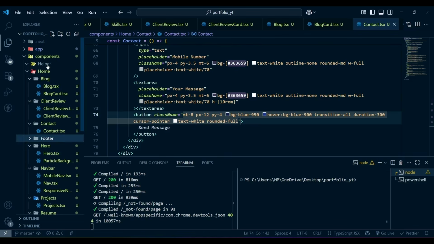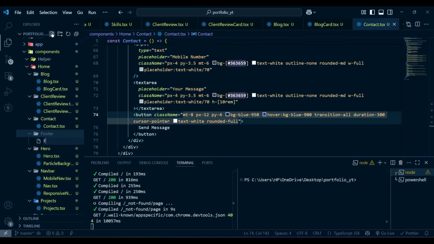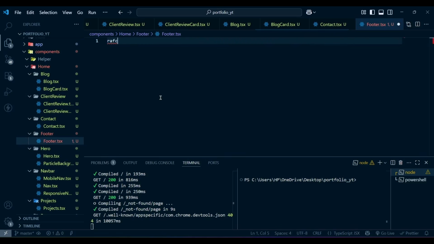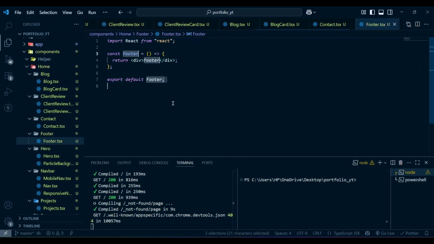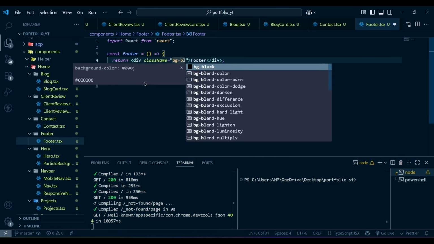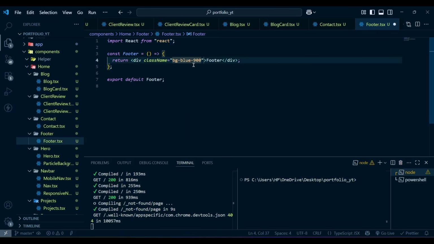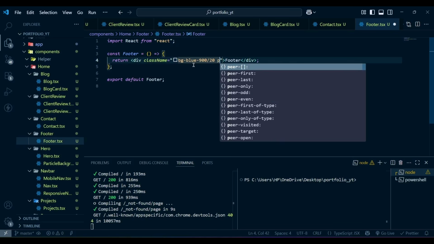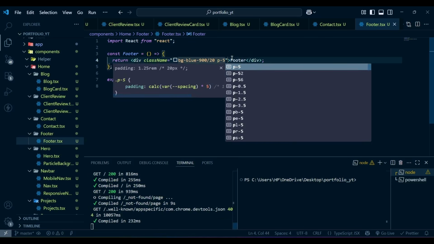Footer, and inside this I'm going to create a footer dot tsx, and then I'm going to use rafc to create a component boilerplate, and here the first div have a class name of bg blue 900 slash 20 and p will be 5,